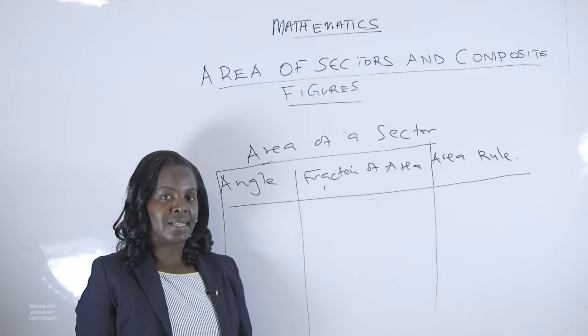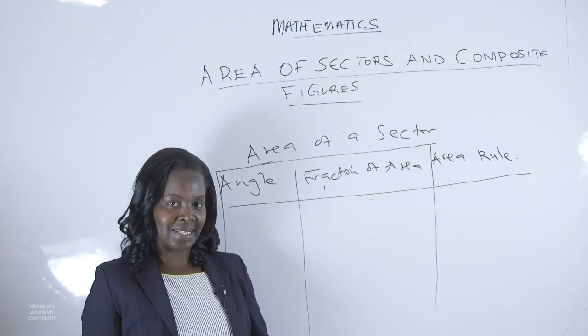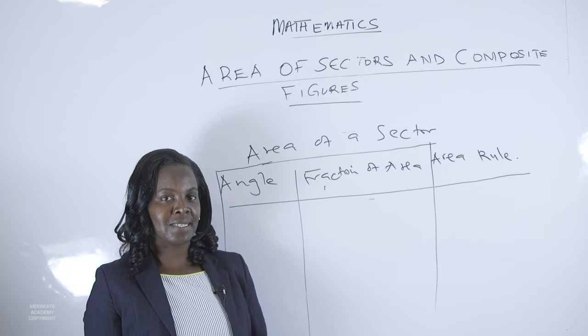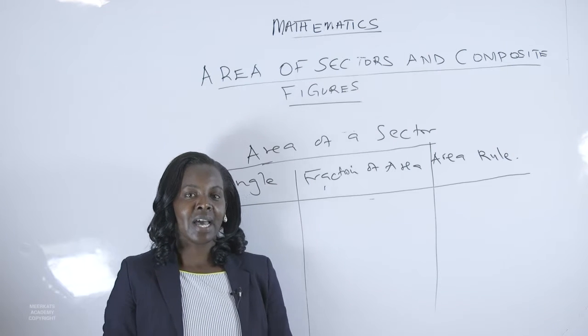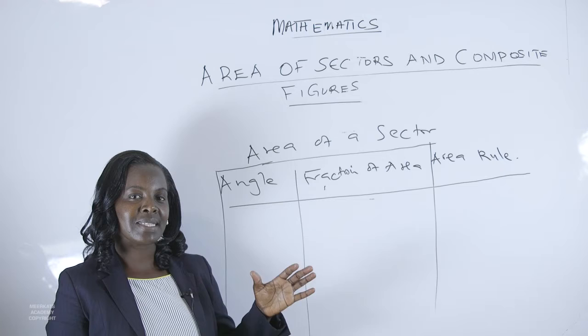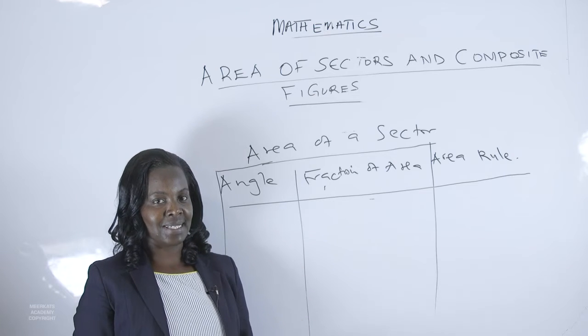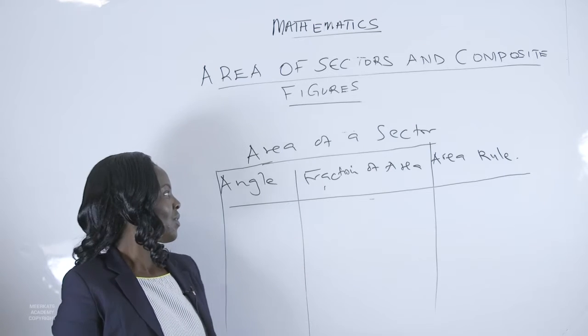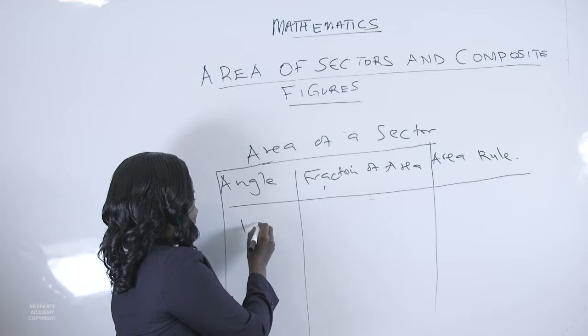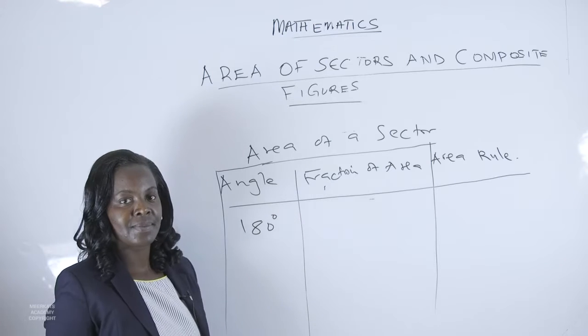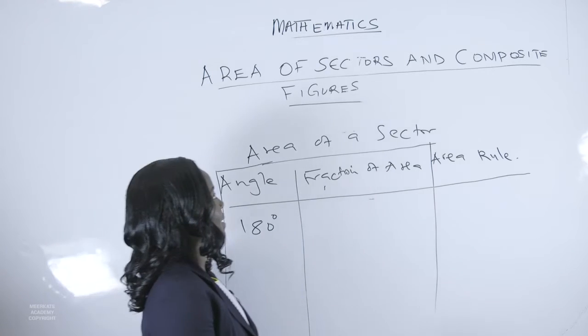So we have said that a sector has an angle inside it. So the first thing that you are supposed to understand when you are calculating the area of the sector is to find out what is the angle inside that sector. If the angle of the sector, as we have seen from our examples, is 180 degrees,